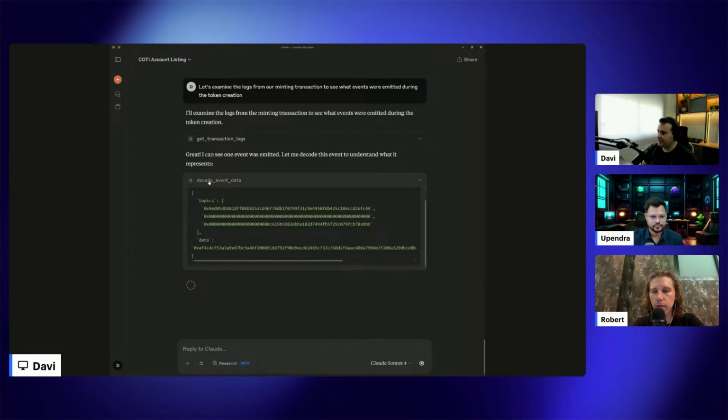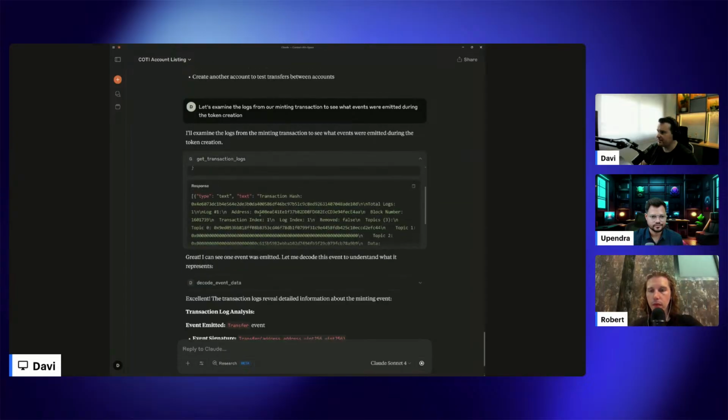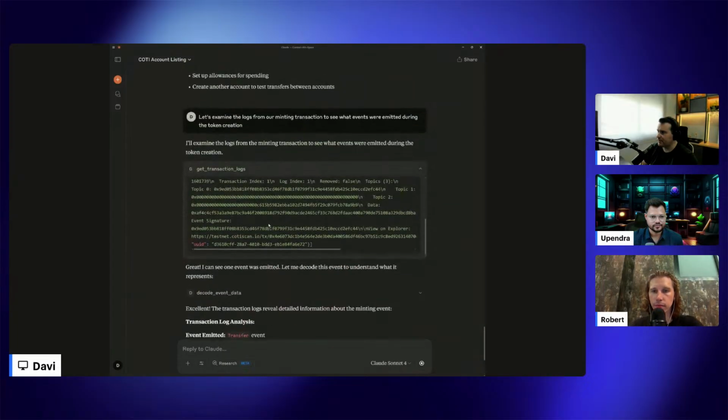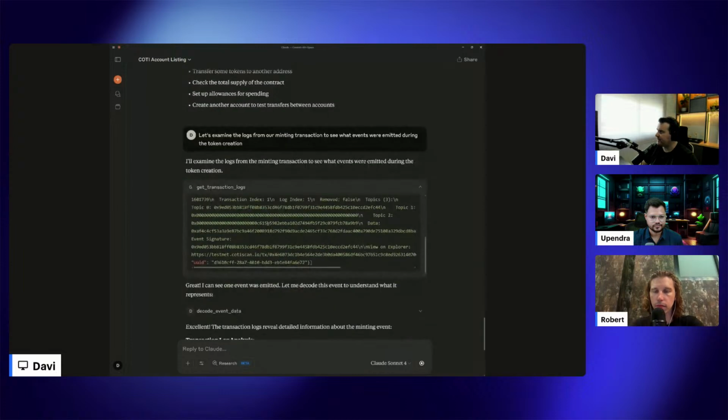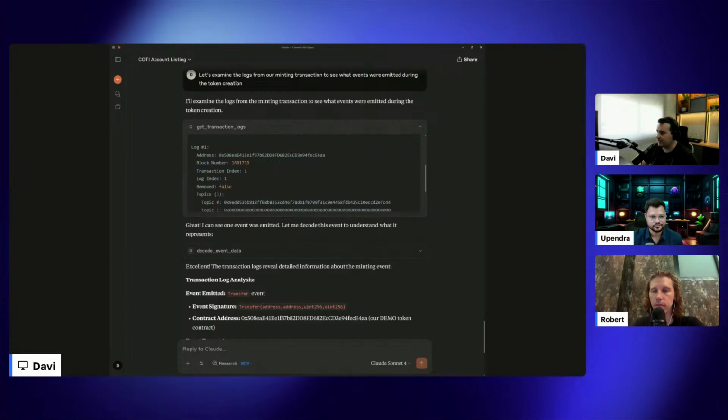This is interesting because Claude automatically calls decode event data, because it noticed that we have encoded data in the transaction log. It's really interesting. So great, I can see one event was emitted. Let me decode this event to understand what it represents.